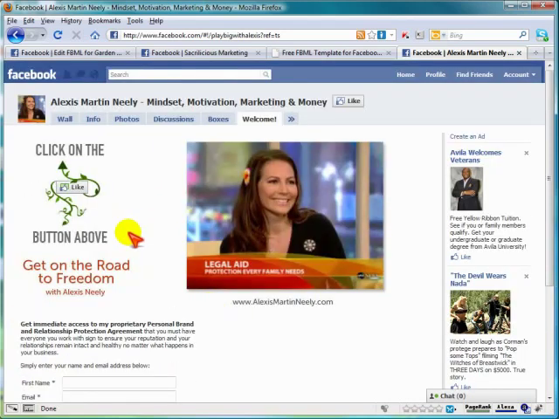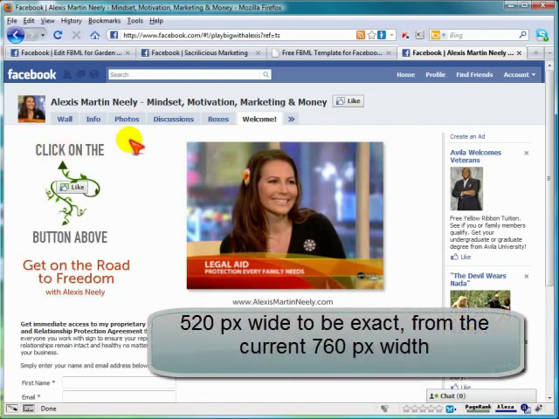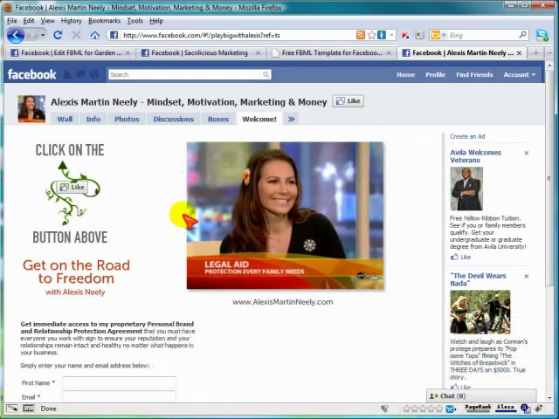The only drawback to this that I can see right now is that it goes the full width, the full 700 some odd pixels of this page. And sometime in July of 2010, more to the point, probably in August of 2010, this is going to be squeezed down to 500 pixels. So they're going to be having to do some editing at that point,